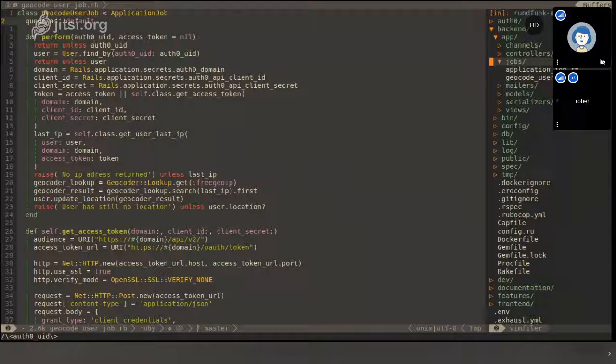Oh yeah, it's just showing the geocode user job Ruby. So I just generated a job, and it turned up here. I just typed in bin rails g job, and then I give it the name,